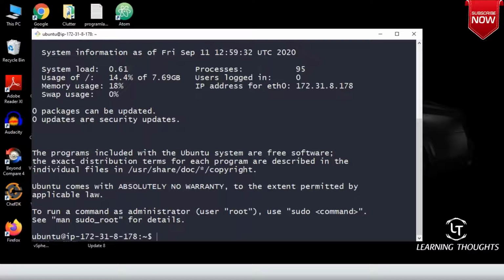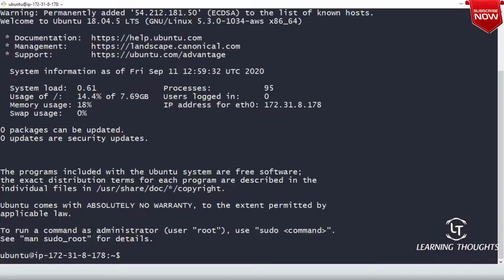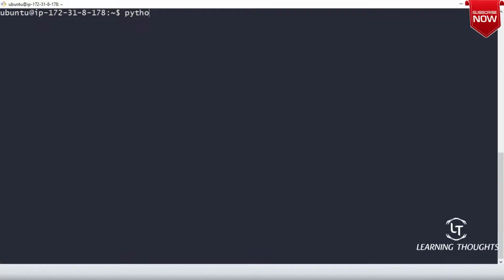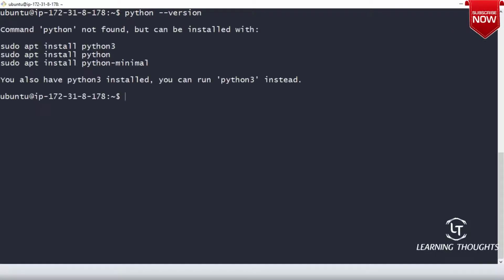Now let us see whether this machine has Python. So python --version. It says I don't have Python, but try python3 instead.